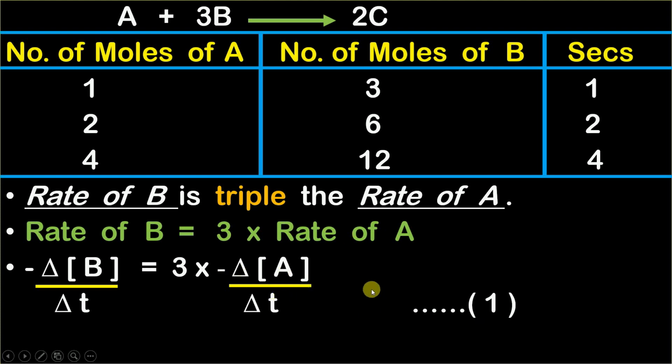And guys, we are now going to name this relation between rate of B and rate of A as equation number 1. Okay, now we have named this equation and we are going to keep it aside for the next 4 to 5 minutes. Now guys, let us find out the relation between rate of A and rate of C. You can also find the relationship between rate of B and rate of C, but here I am going to consider rate of A and rate of C.